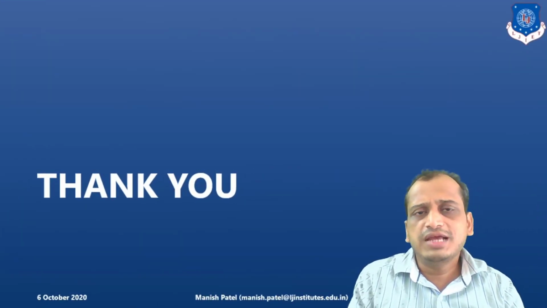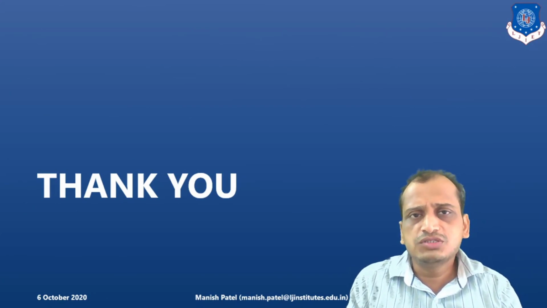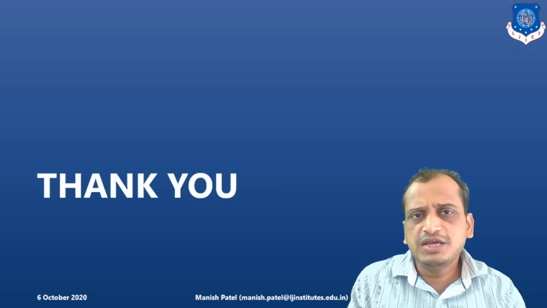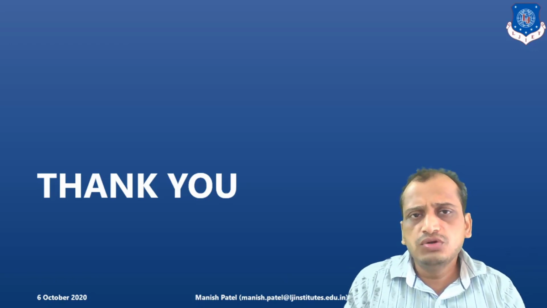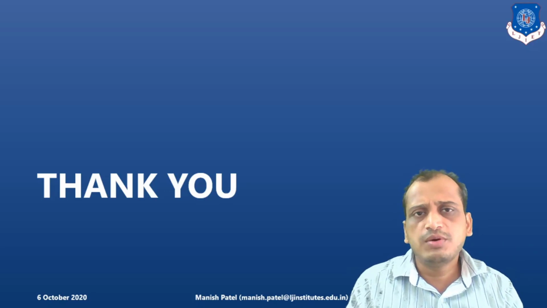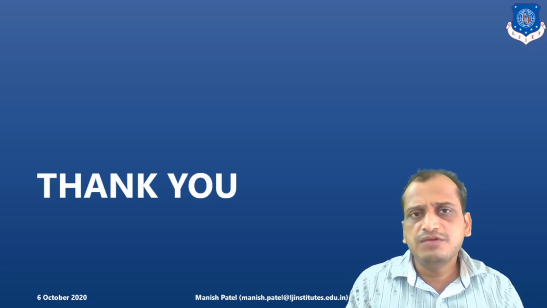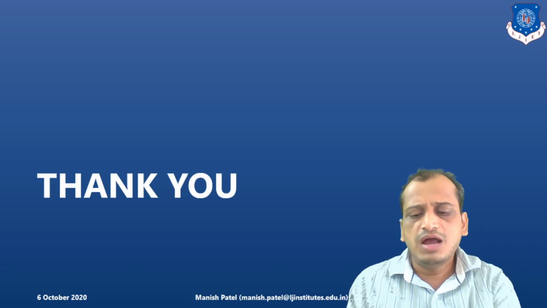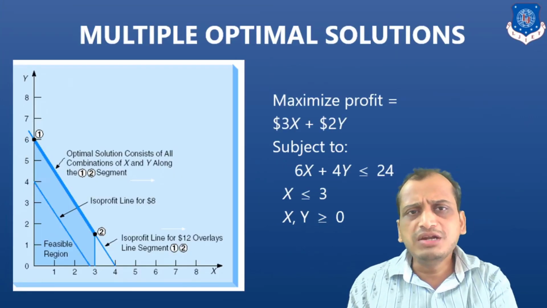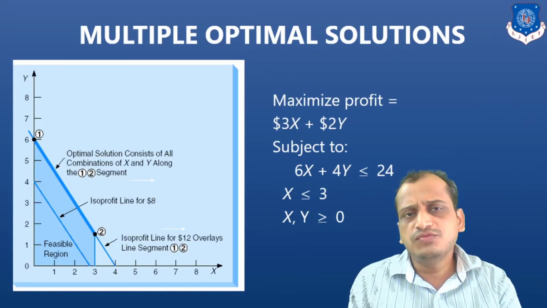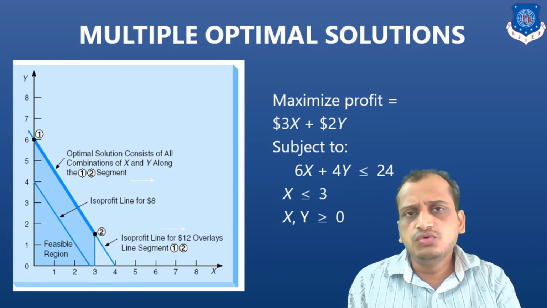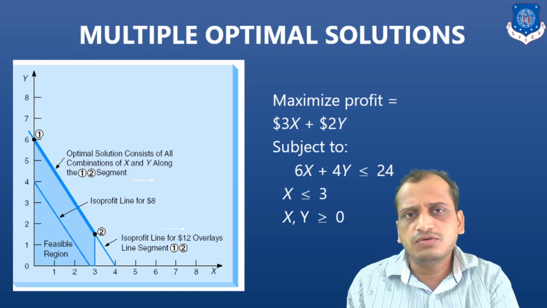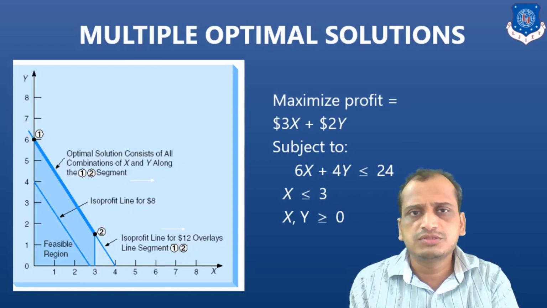So in this way, in this lecture, we have discussed the special cases of linear programming problems. So what are these special cases? In these special cases, you do not always get the solutions. Instead of getting a unique solution, you have different scenarios. Let's say, for example, you will have redundancy, right? We discussed redundancy. Then you have infeasibility, right? You have unboundedness, and finally, you also come across this last one, which is nothing but the multiple optimal solutions, right? So in this way, you can get not only the unique solution, but also different cases of solving linear programming problems. Thank you.